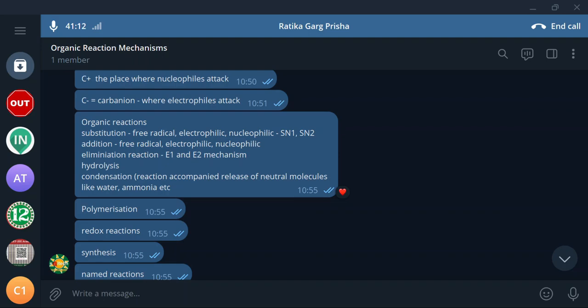Do you understand? And when the substitution reaction is triggered by electrophilic attack, then it's called electrophilic substitution. Similarly, there is nucleophilic substitution that is triggered by nucleophilic attack, and it has two types. One is nucleophilic substitution first order, the other nucleophilic substitution second order. We have internal nucleophilic substitution also, but it is out of your scope. Let us confine ourselves to SN1 and SN2 mechanisms. So under nucleophilic substitution, we will be discussing SN1 and SN2 reactions. Then addition reaction.